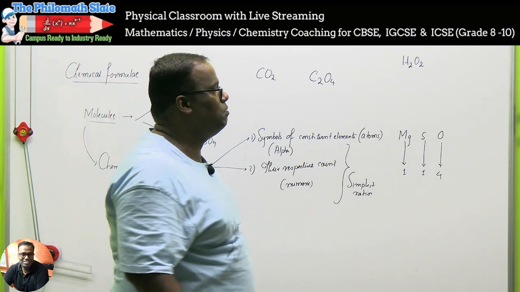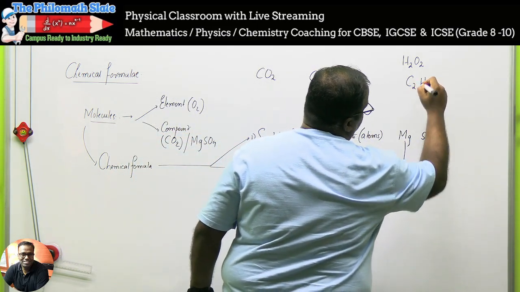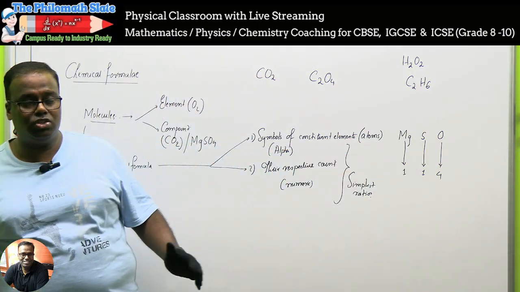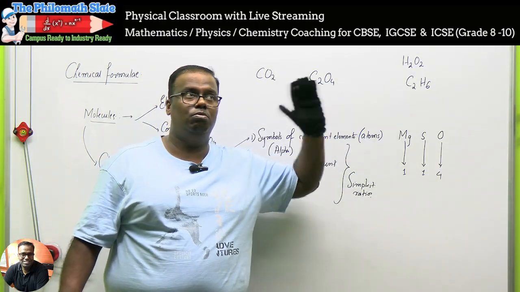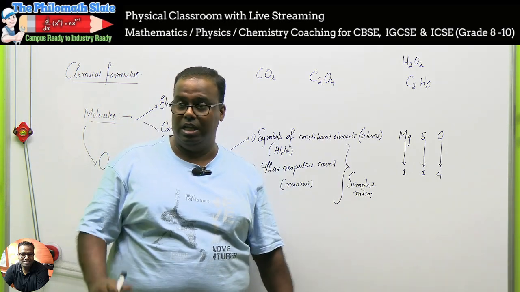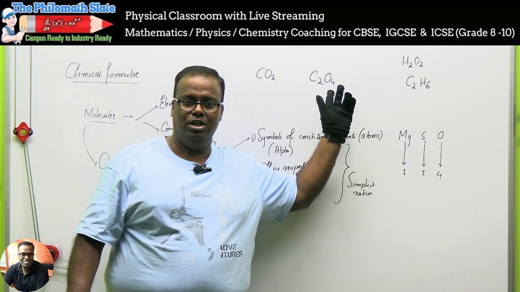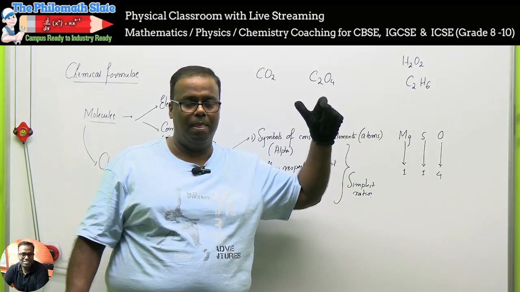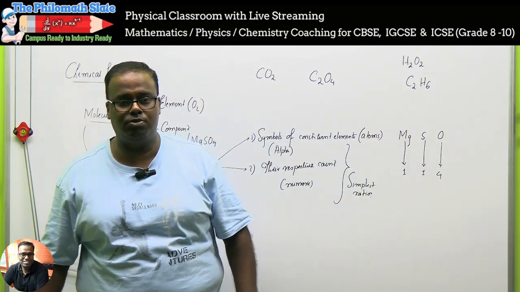Then organic compounds, like say there's a compound called ethane, C2H6. Sir, why did they not write it as CH3? CH3 is not the structure. When we go for organic compounds, more than the chemical formula, the structural formula becomes very important. In inorganic, the chemical formula is more important. In organic chemistry, the structural formula is more important, because with the same chemical formula, you can have two different types of structures.